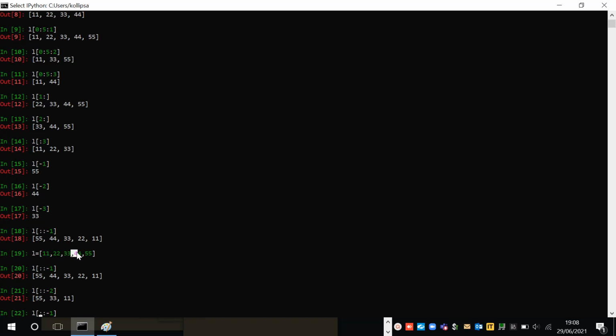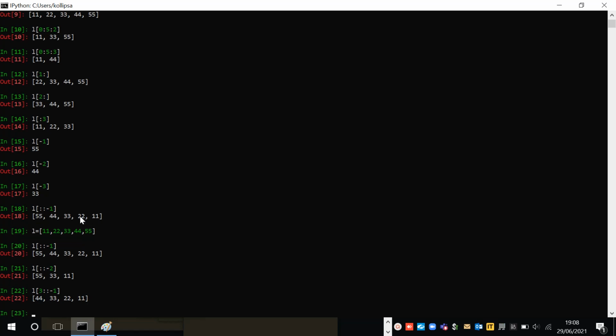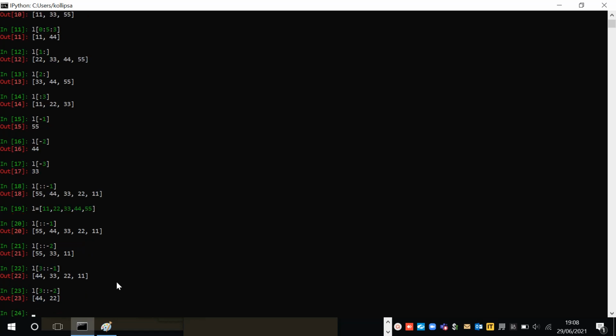Let's say I want to reverse from this. You have to give this index only: 0, 1, 2, 3. So 3 will be the starting point. See guys, I gave 3, from here I want to reverse. See, exactly 0, 1, 2, 3, exactly from here it got reversed. Let's say you want to print alternative numbers from there. Just give 3 colon minus 2, see, it printed 44 and then it printed 22. Since there is no other element beside 11, it is not printing anything. Okay guys, this is how list slicing works.